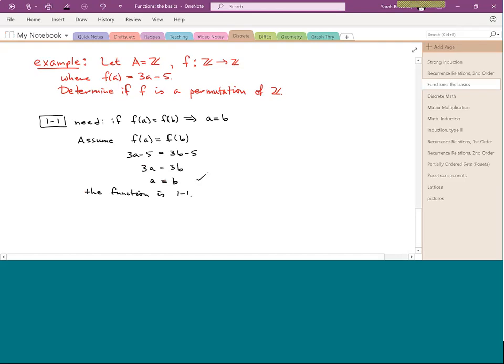Now notice here, we want this thing to be a permutation function. So we have to check not just one-to-one, we also have to check if the function is onto. Now with onto, we don't have ordered pairs anymore, or if we did, we have infinitely many ordered pairs. So here what we do is deal with this formula, so this is where I deal with the other way of talking about the definition of onto that we haven't played around with yet. So this is what we need. We need that for every